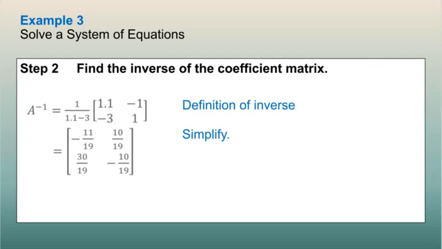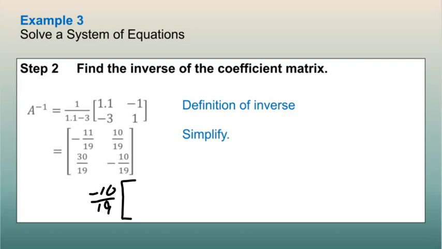Step 2, you're going to find the inverse of the coefficient matrix. So to do that, we need to find the discriminant. So we have 1.1 times 1 minus a negative 3 times negative 1 gives us a negative 1.9. The reciprocal of that would be negative 10/19. So I'm going to have negative 10/19 out here, and you're going to multiply that by